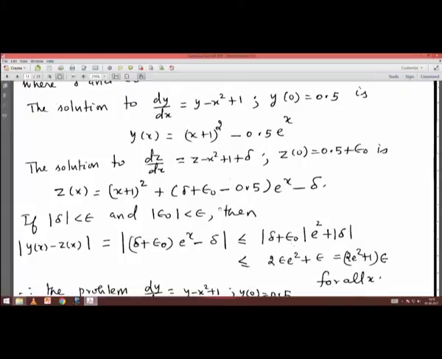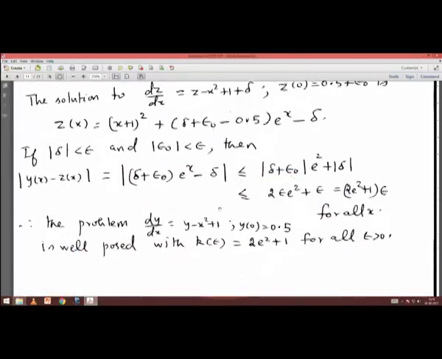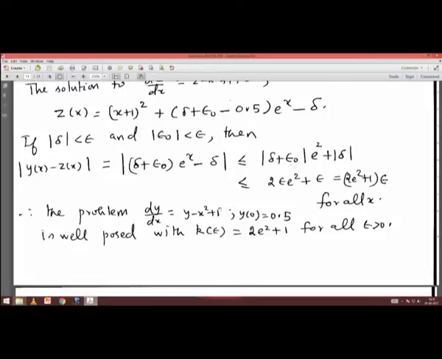When you solve, you get z of x to be equal to this. So, if mod delta is less than epsilon, where delta is an increment given to the right hand side, a perturbation given to the statement of the problem, and mod epsilon naught is less